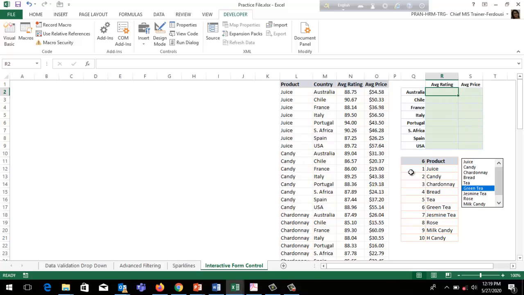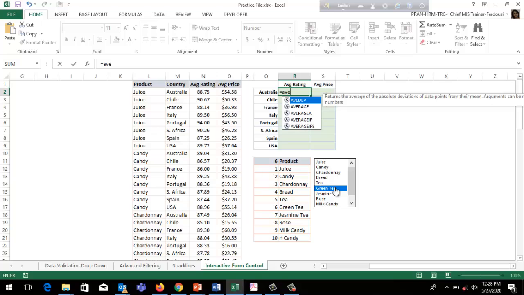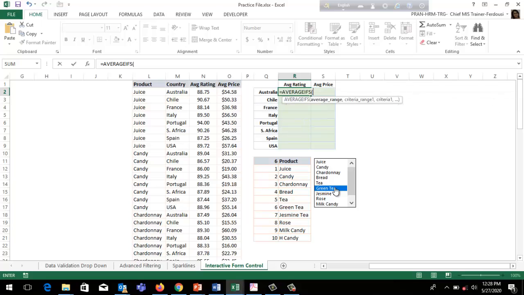Now we'll calculate a complex function. If you are a beginner, you have to observe carefully. Now we'll use a complex function to retrieve the average rating for Australia and green tea. So use equal sign AVERAGEIFS. Average range should be this column.